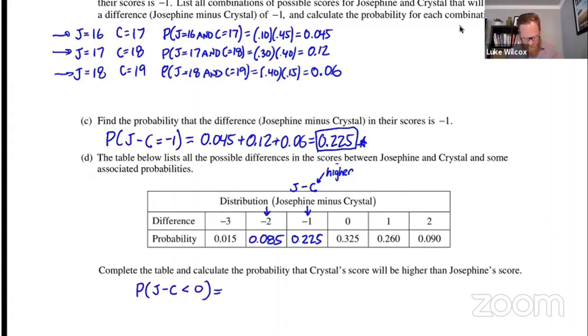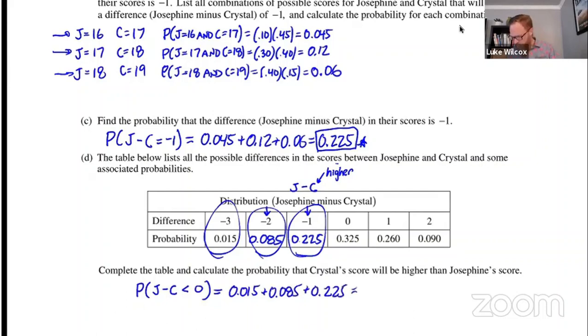Well, looking at my possibilities here, negative values, I could get a difference of -3 or -2 or -1. Those are the 3 possibilities. They are all mutually exclusive, so we simply need to add those 3 probabilities together. 0.015 plus 0.085 plus 0.225 gives me a final answer of